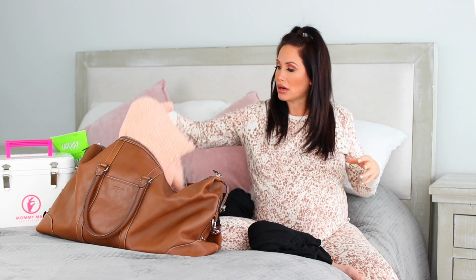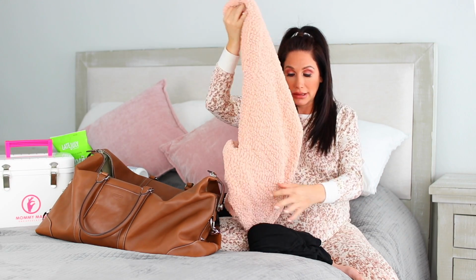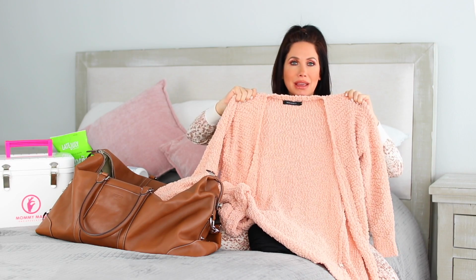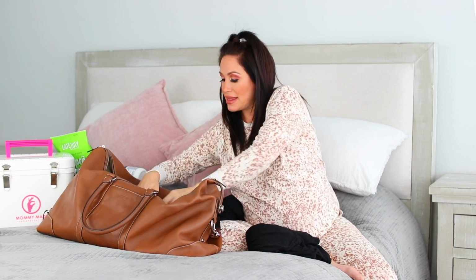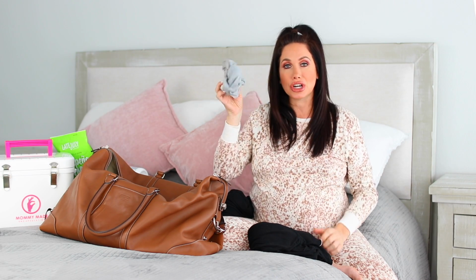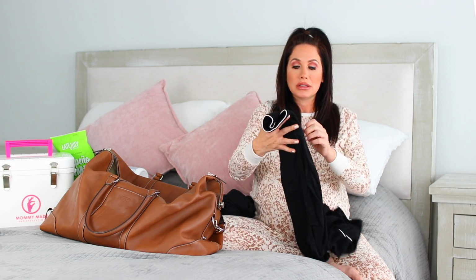And then I also brought a cardigan in case it's cold. I love this cardigan. It's so comfy. I got it off Amazon. They make it in a bunch of different colors. And then some postpartum underwear. They're actually maternity underwear, but I bought some high-waisted panties, which haven't come in yet, specifically for C-section. I also brought